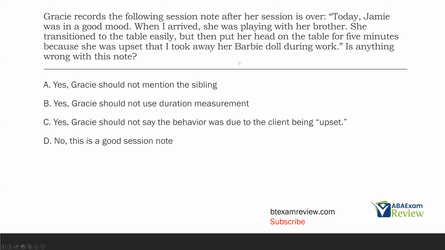Why not? Duration is totally acceptable. One of the most common types of measurement. Nothing wrong with that. C, yes, Gracie should not say the behavior was due to the client being upset. Correct. Upset is a feeling that we acknowledge exists, but we're not going to say it caused the behavior because we have to find something environmental, something observable, something measurable, right? Upset is something that exists, but we can't observe it